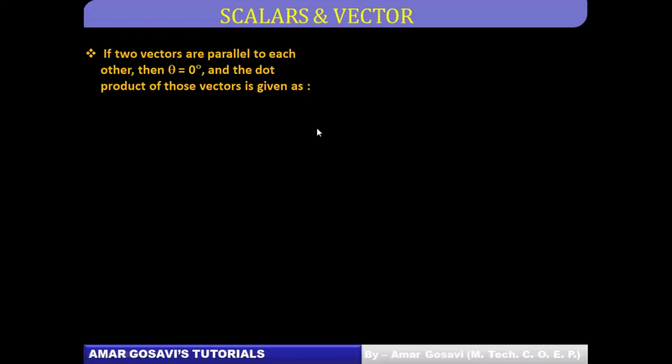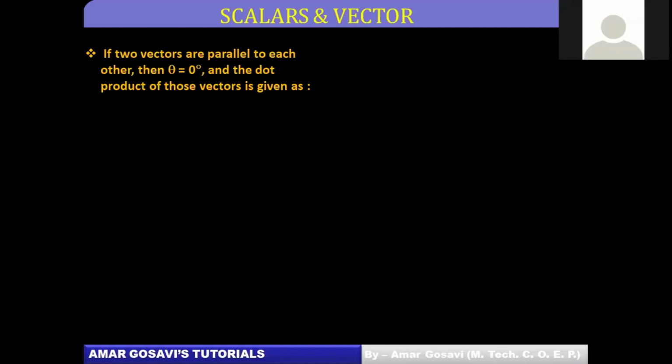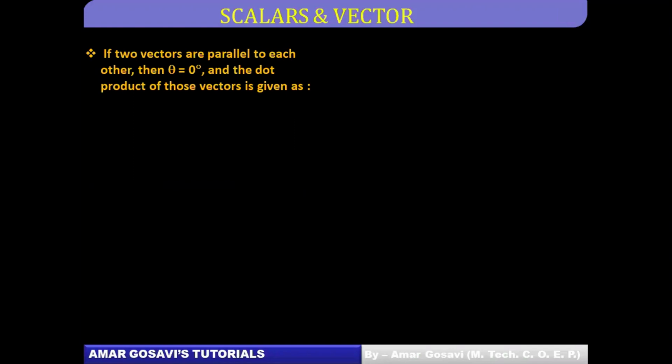Okay. Let's understand this. If two vectors are parallel to each other, in simple words, what can be the understanding regarding it? The angle between the two vectors will be zero. Why would it be zero? Because the two vectors are parallel to each other. Therefore, the angle between the two vectors will be zero. Then in that case, the dot product, or scalar product, of the two vectors will be given as follows. Try and understand this analysis, very, very important, friends.